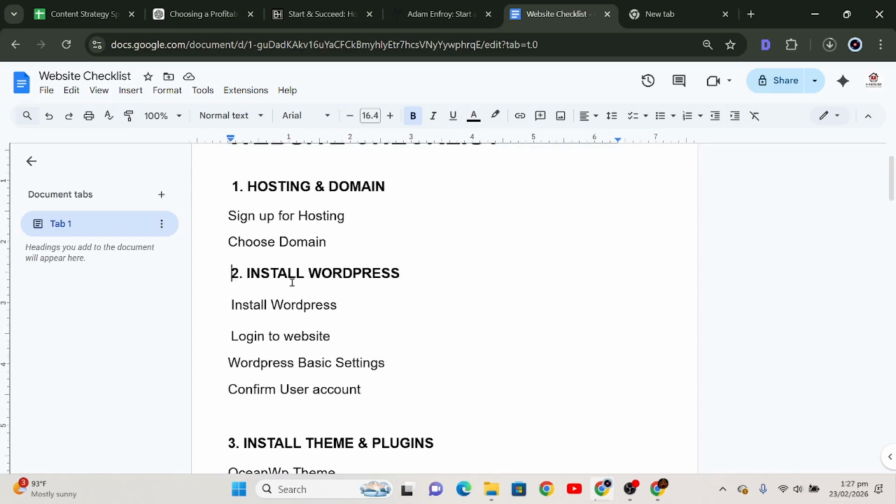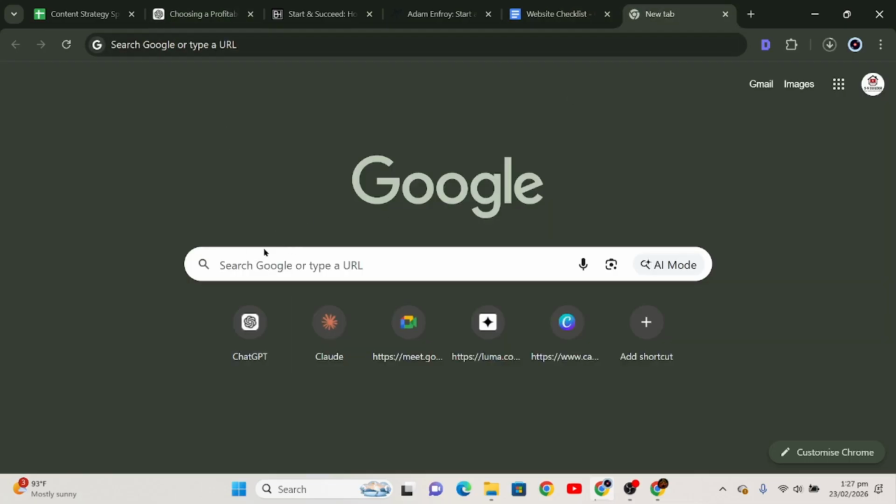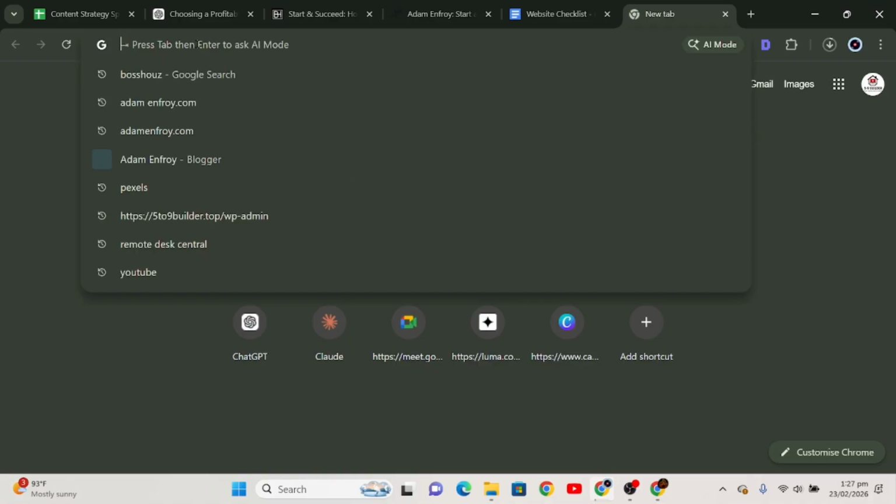Here, we have now completed installing WordPress, so we are going to log in to the website. Let's log in and see if the installation that we did is correct. What you do is you click on the search bar, and then you input your URL